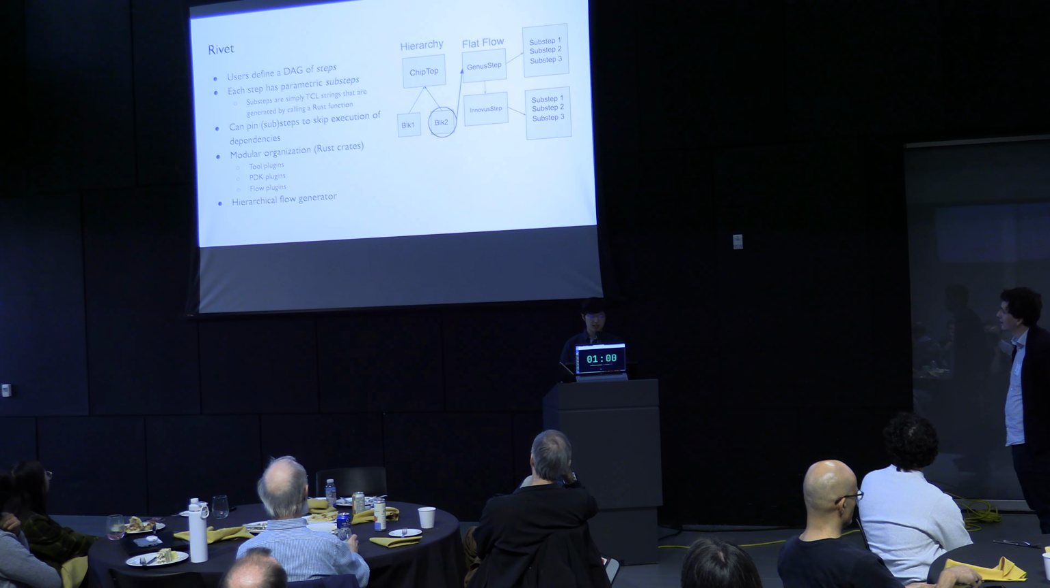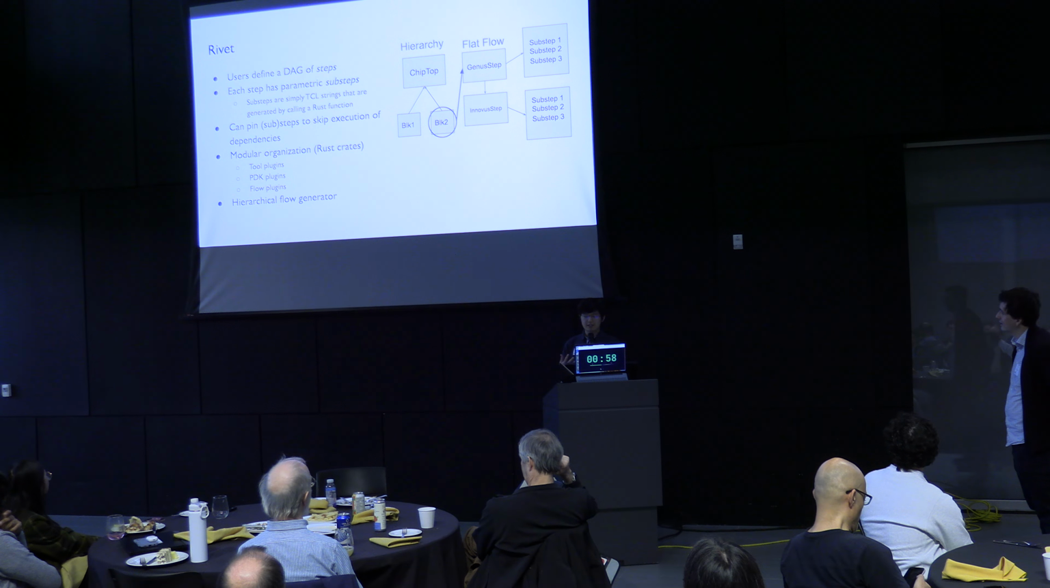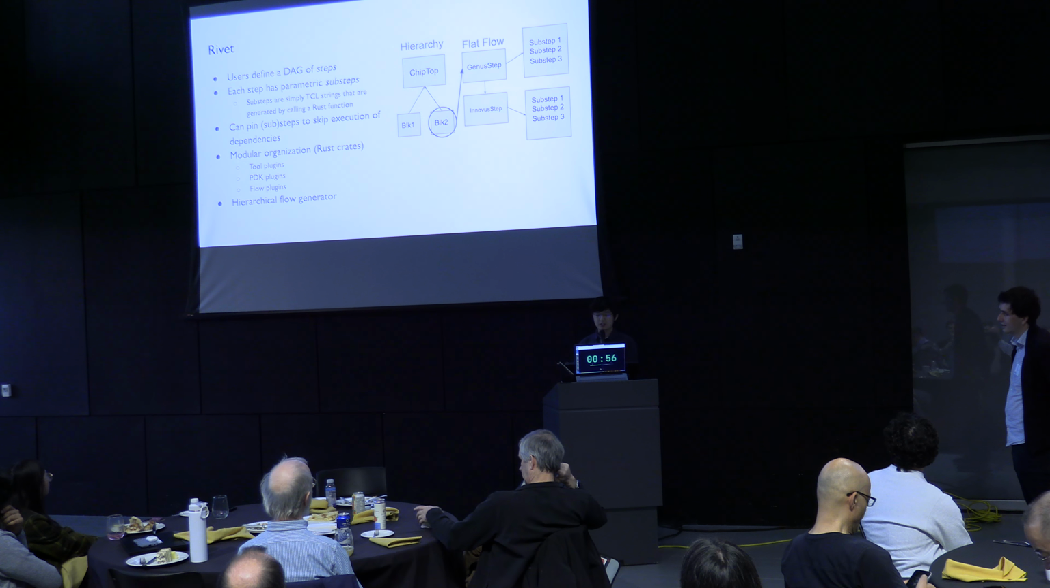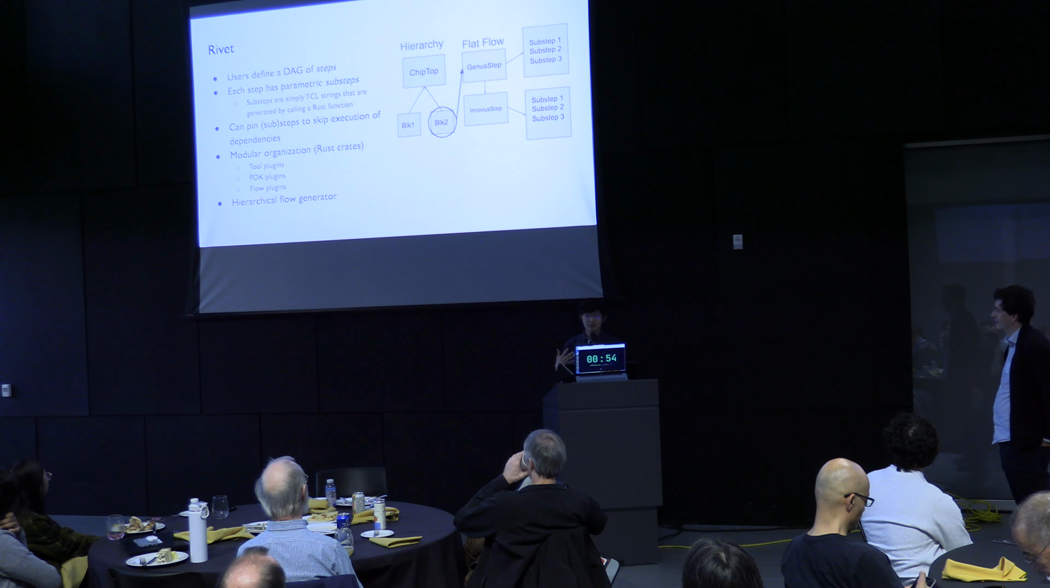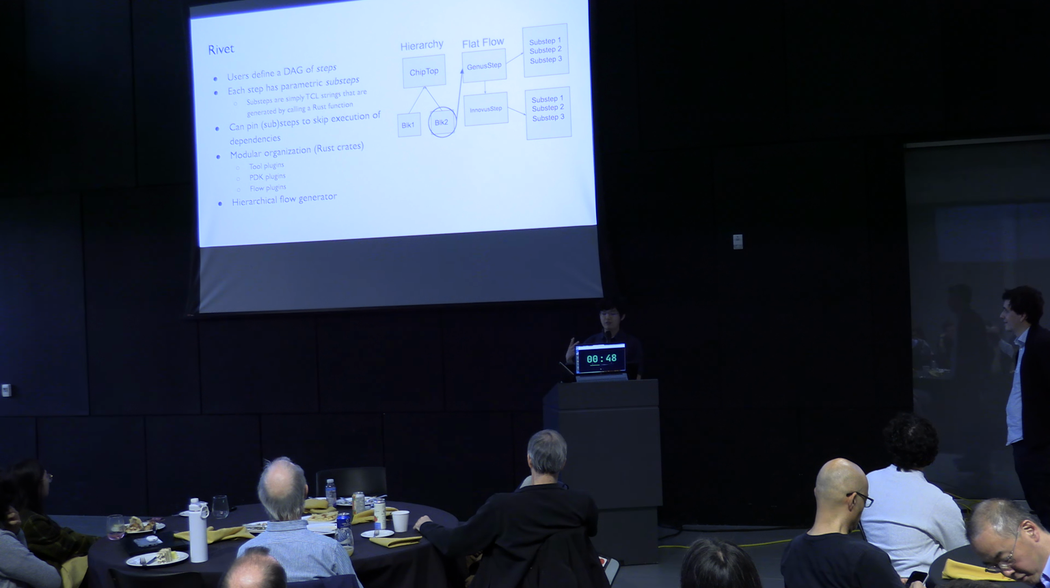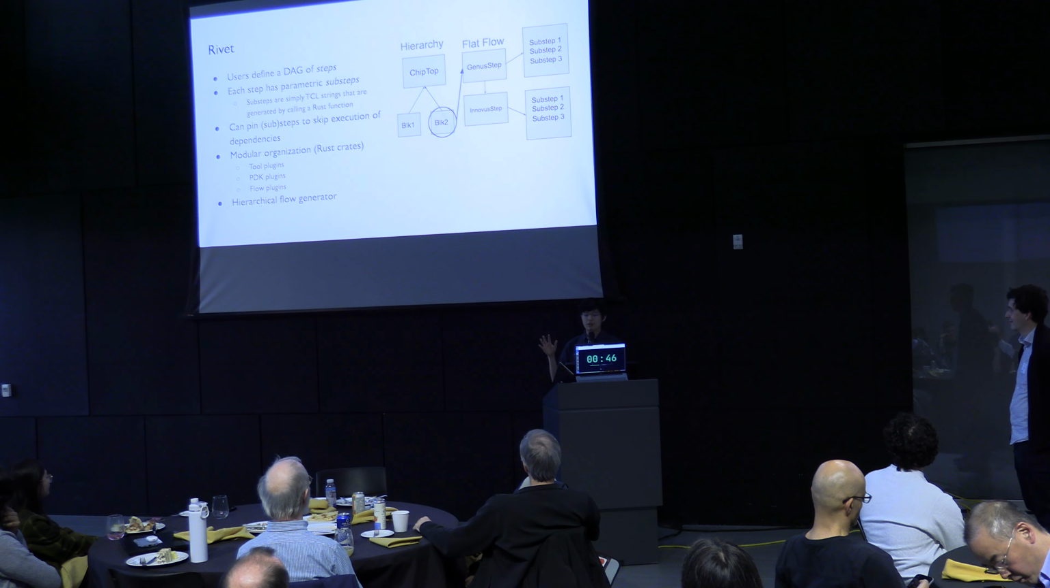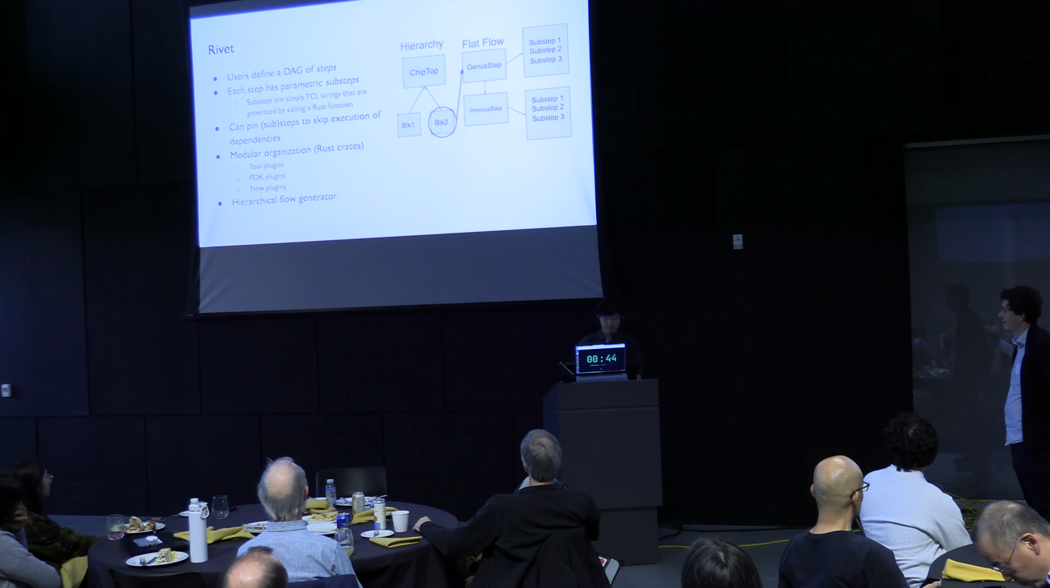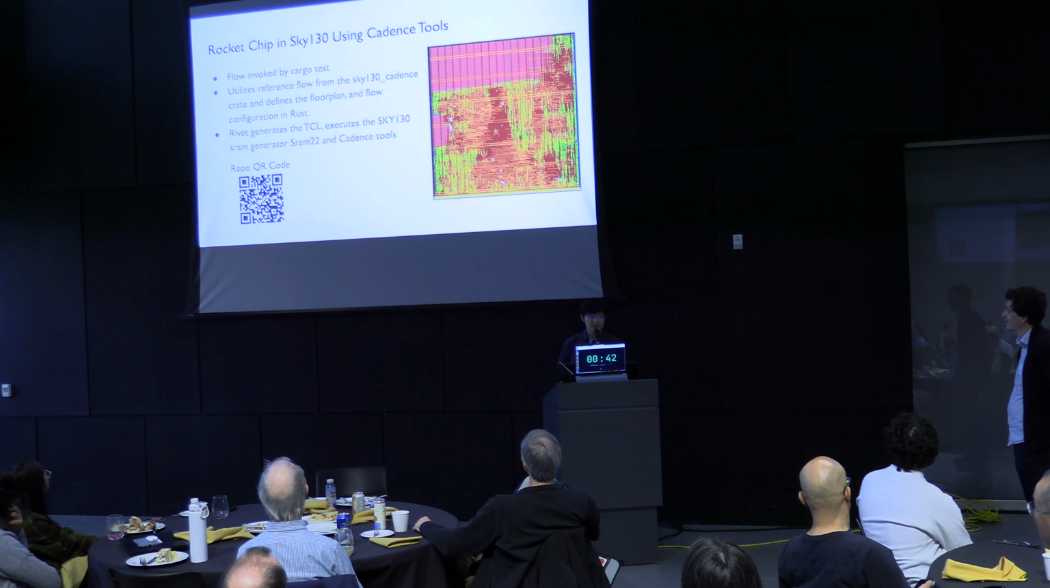And in this tool, we organize plugins via Rust crates. So there's a tool plugin crate, a PDK plugin crate, and a flow plugin crate. And we can generate hierarchical flows from this by having an input of a hierarchy and then mapping it to block level flows for each block in the hierarchy. And so here's an example